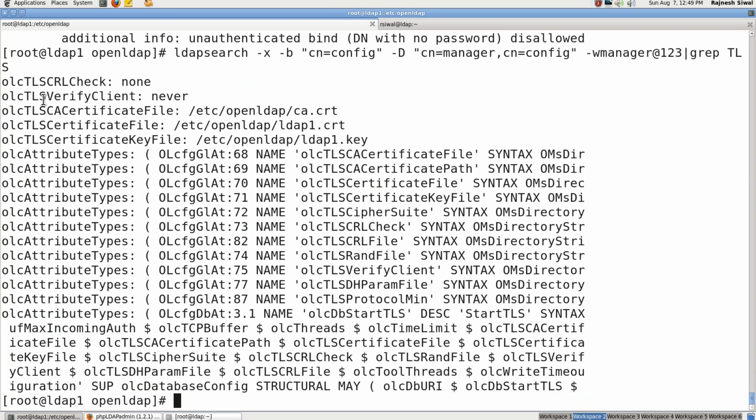Here you can see that these attributes are present: TLS CA certificate, certificate file, and TLS certificate key file.